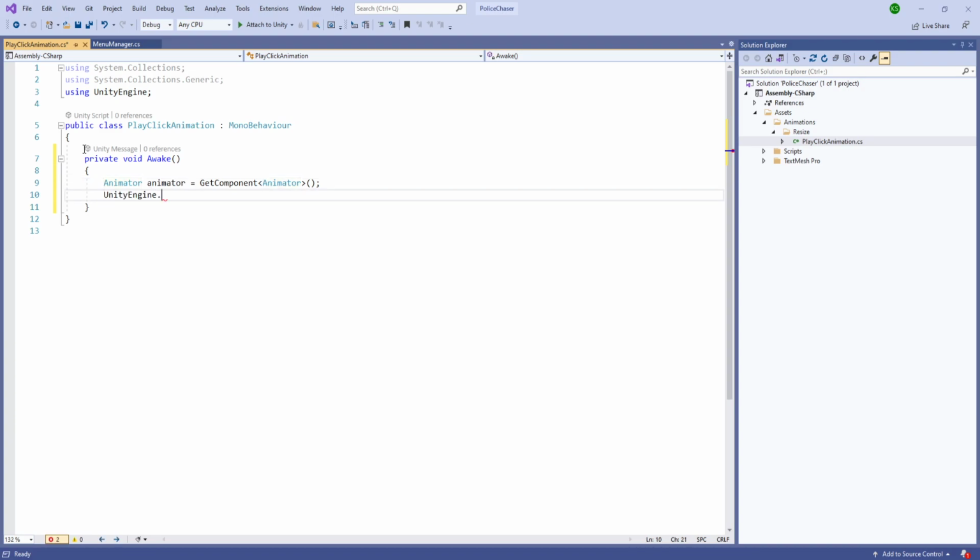Let's just do UnityEngine.UI.Button, and we'll call it button, equals GetComponent of UnityEngine.UI.Button. And afterwards we'll do button.onClick.AddListener, and we are going to add